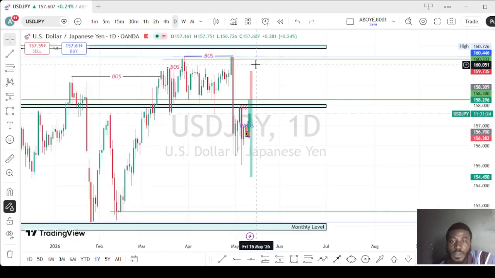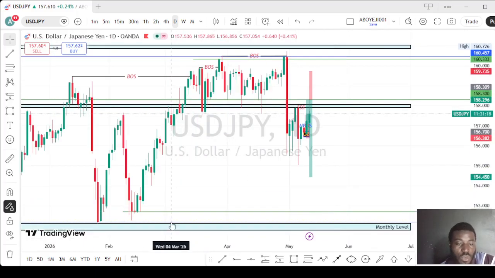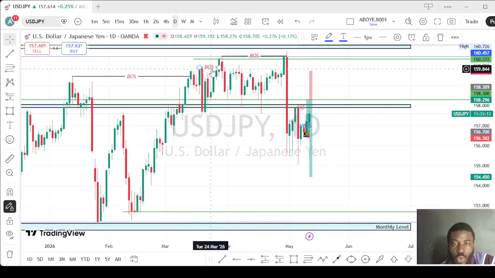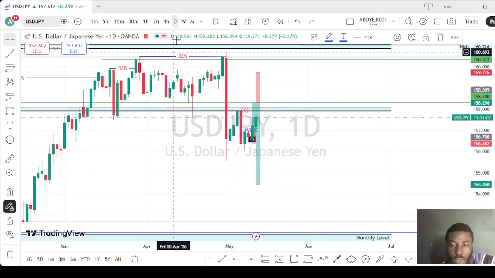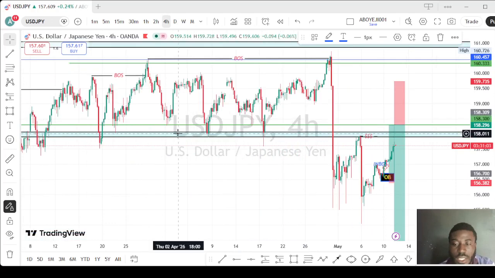From the daily time frame, these are the main swing highs. You can see the swing high here, and these are the main swing lows. This is where the demand is. All this is liquidity. You can see the liquidity in the market to sweep. So let's move to the 4 hour, which is our analysis time frame. This is the 4 hour time frame,